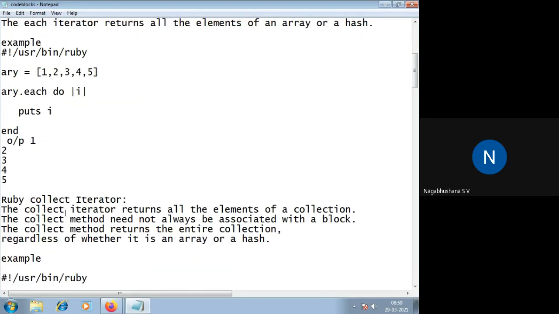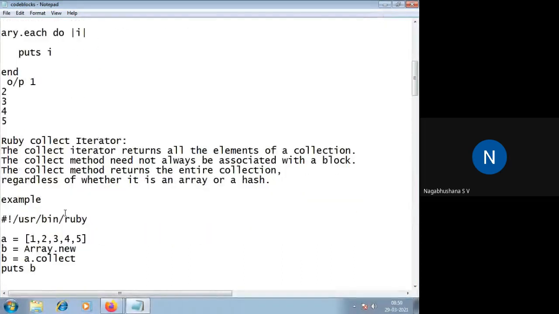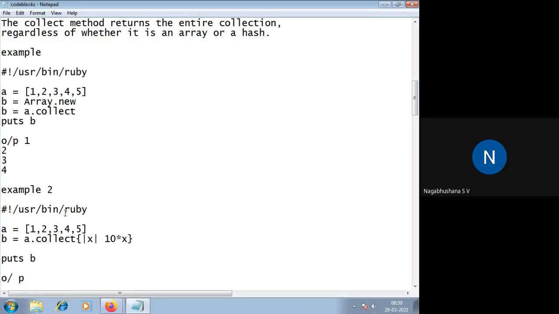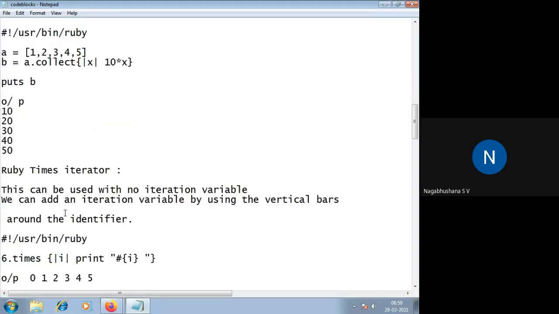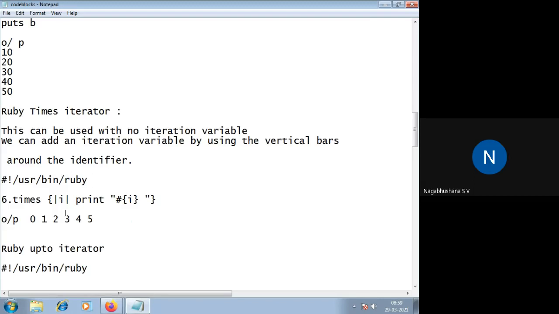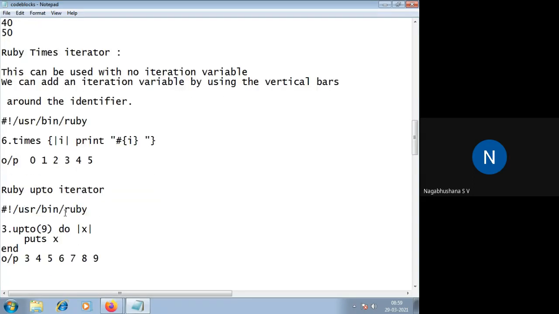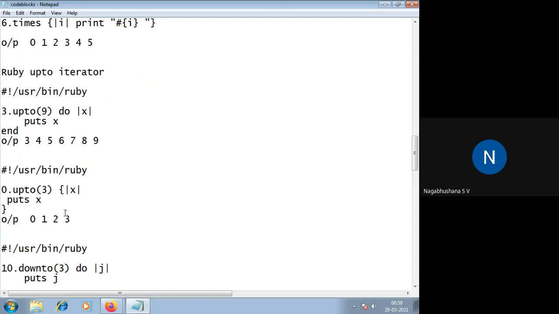Second is the collect iterator. The third is the times iterator. Fourth is the upto iterator. And fifth is the downto iterator.